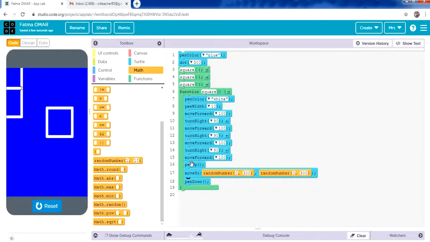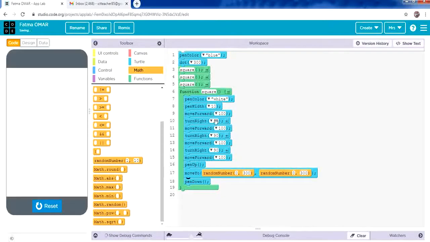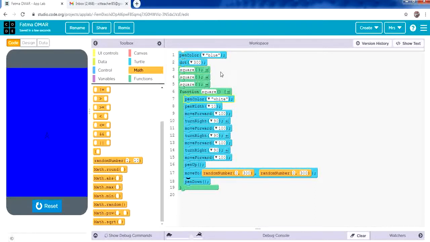Then he will pen up the first one, he will draw the first one, then he will pen up moving, okay, without drawing, to a random X value and Y value, then pen down and start drawing. Reset and see the highlighted codes are executed. So the background, then the call, get inside, draw the first square, then move forward, pen up, pick a random place, draw the second one, the third one,